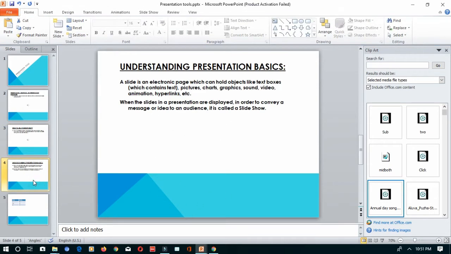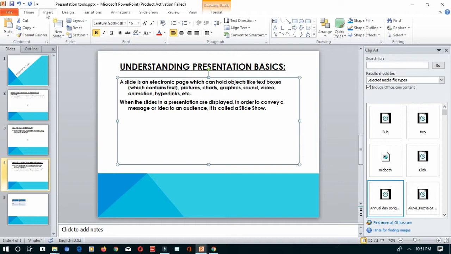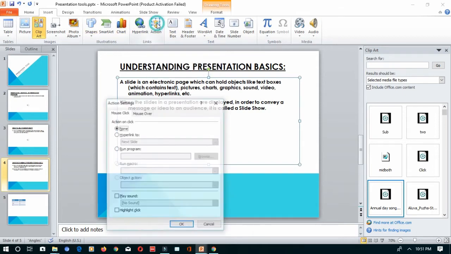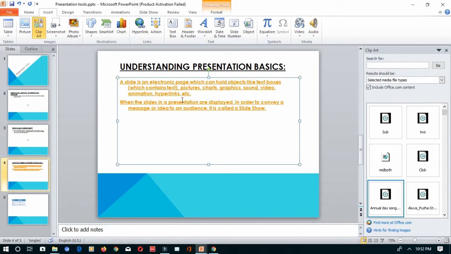Next is adding sound to an object. For example, it can be any object. For this text, this is the text. Just select this placeholder and go to the insert tab. It can be in any of the object. It can be text, or it can be an object, it can be an image, it can be anything. Okay. You have to click on that particular object and go to the insert tab, go to the links group. From there you can select action. You will see action settings dialog box. In that you will see play sound option here. From there you can select any of the sound from here. Okay. So if I am selecting that arrow and clicking OK, so that will be applied to this particular object.